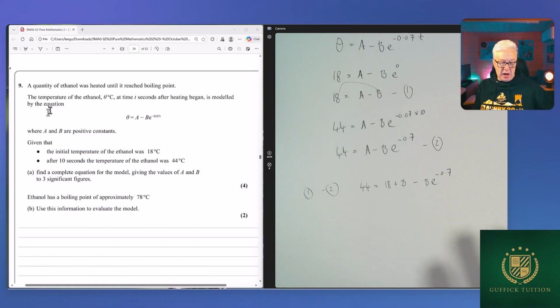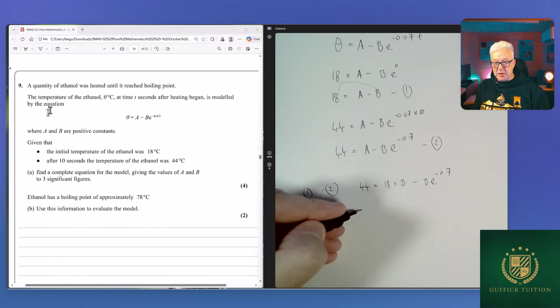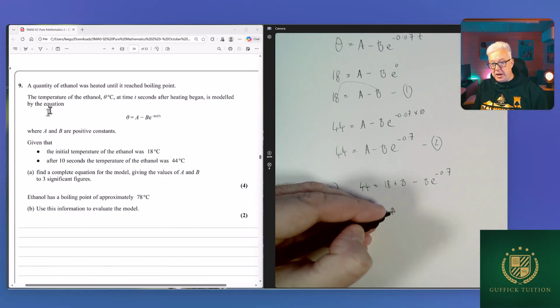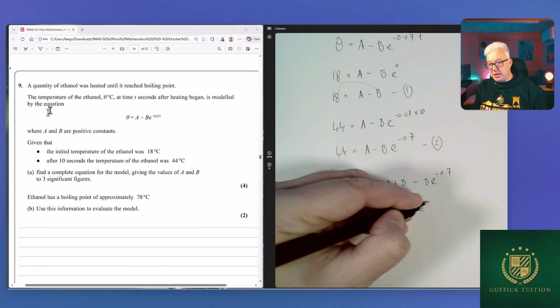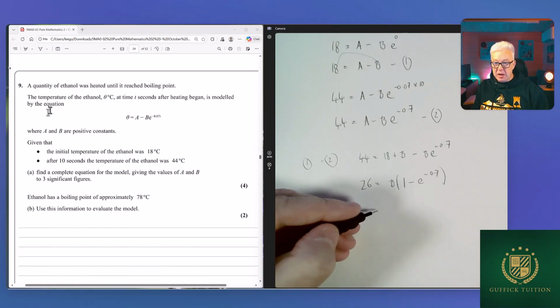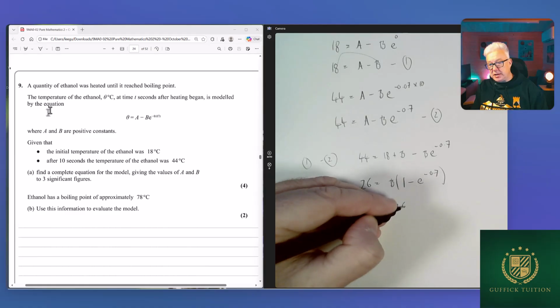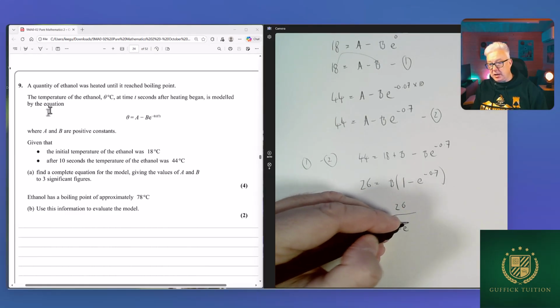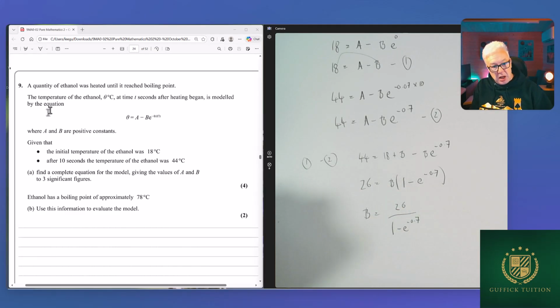Okay, so now from here we can just rearrange this whole thing. It's going to be absolutely fine. So let's say we're going to take off that 18, so we're going to say that 26 is equal to B, open bracket, 1 minus e to the minus 0.7. So therefore B is equal to 26 divided by 1 minus e to the minus 0.7. Three significant figures, so there we go. So let's put that into our calculators now. So 26 over 1 minus e to the power of minus 0.7 is equal to